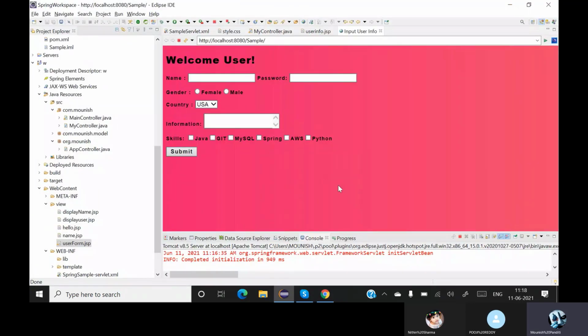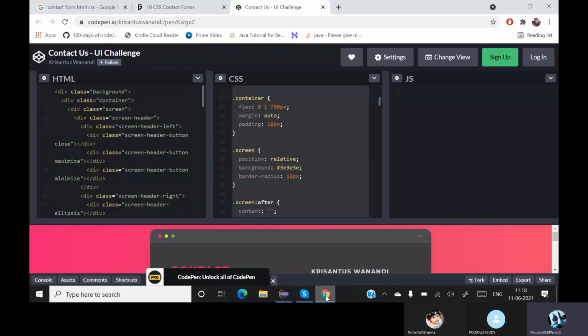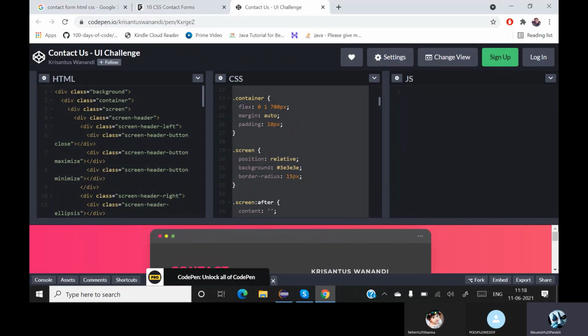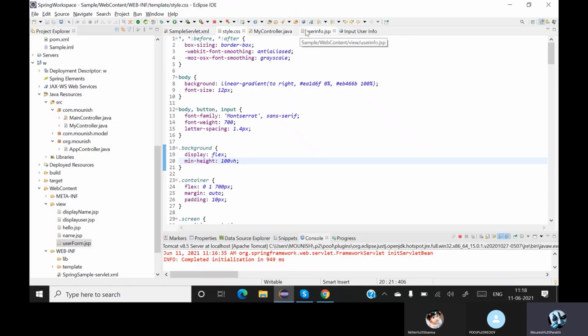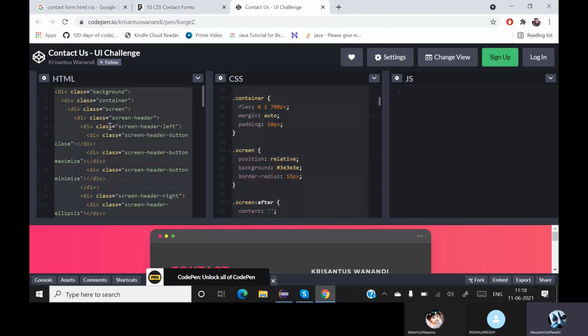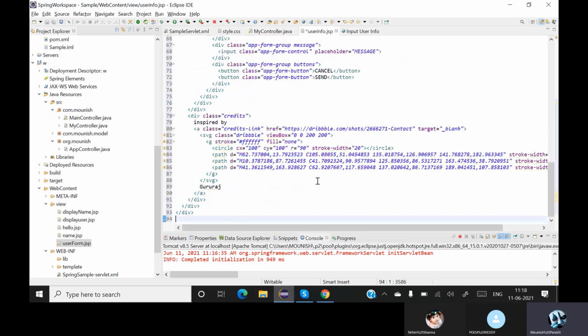But there are some things you need to consider. This CSS file is basically developed for this particular form. Whatever this is, it is based on this. So we'll start making some changes for that. How do you make the changes? Go to your user info. First, copy the HTML file completely. Then you paste it after a few lines, and let me make the necessary changes. And this is not inspired, so this is basically created.